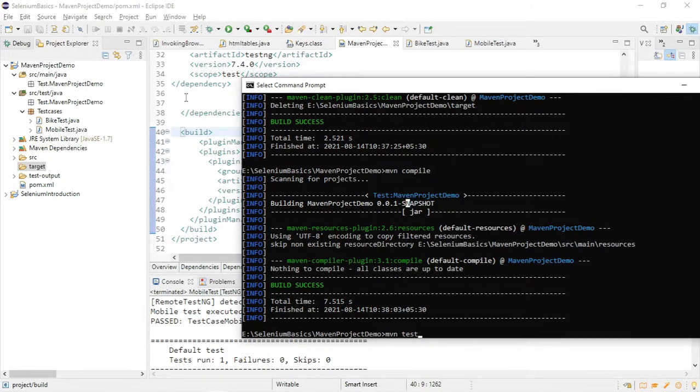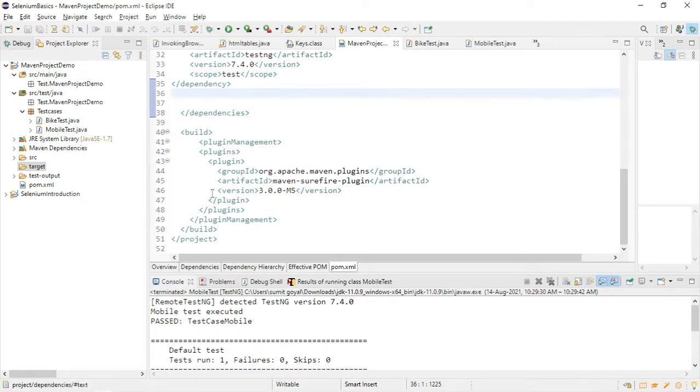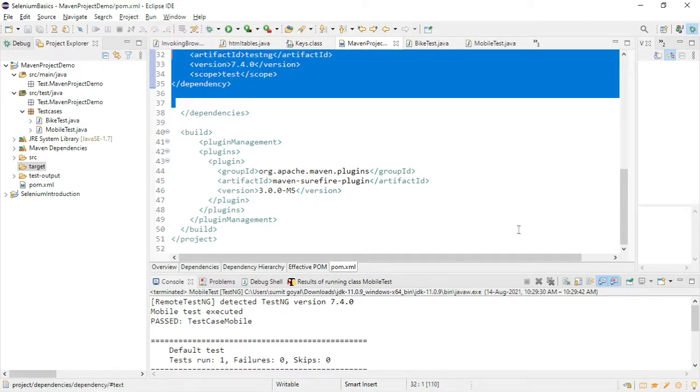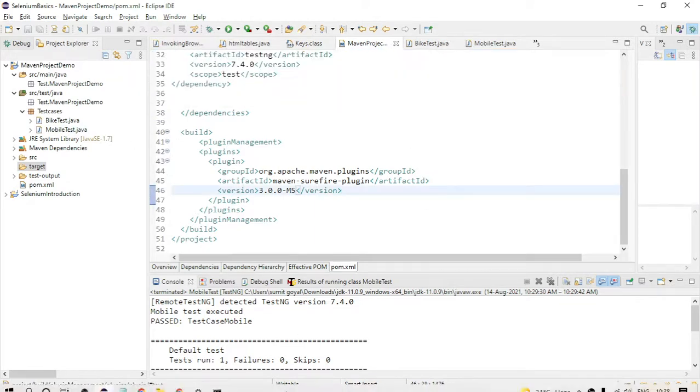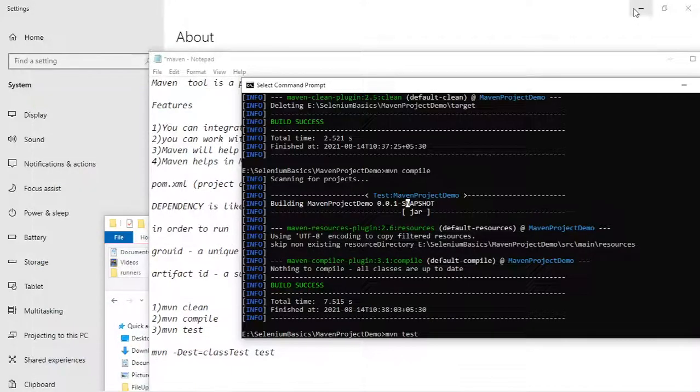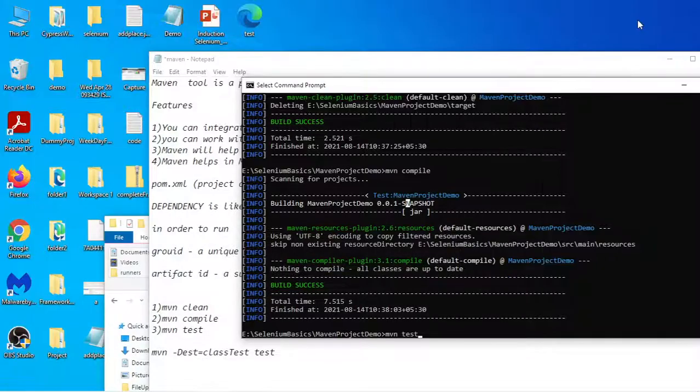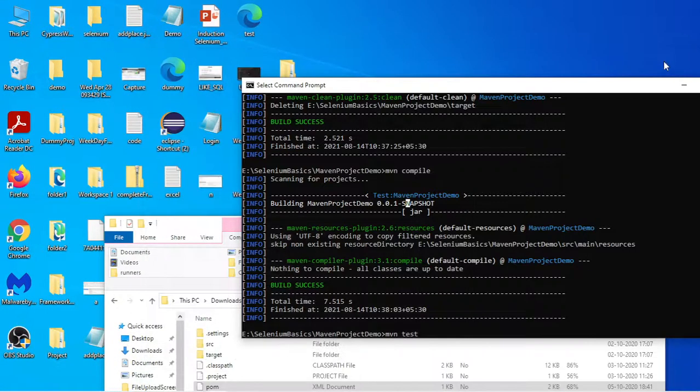So now what we will do, we have discussed some basics of Maven, that how we can place this plugin and how we can place the dependency. We will discuss many more things about Maven, but as of now, it is enough.